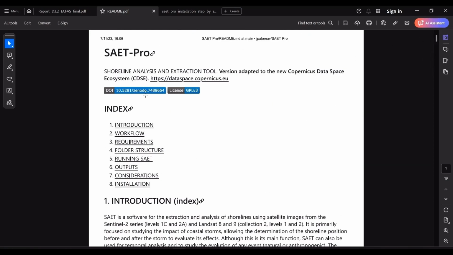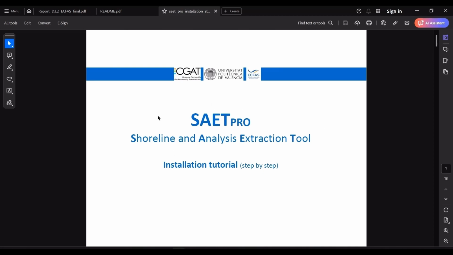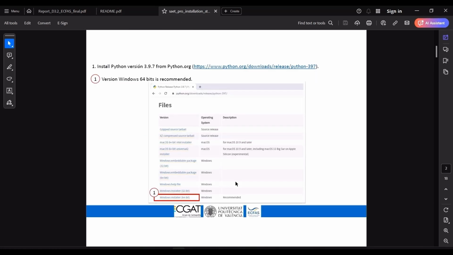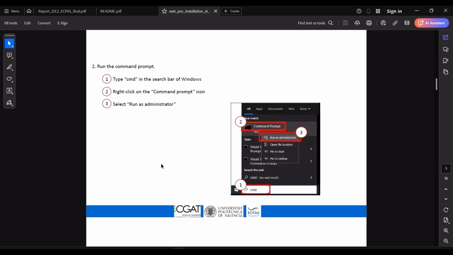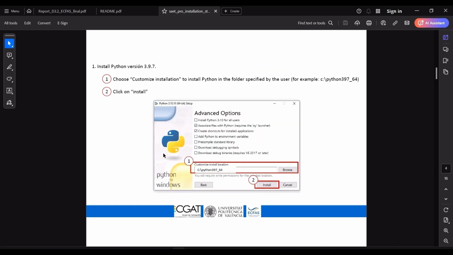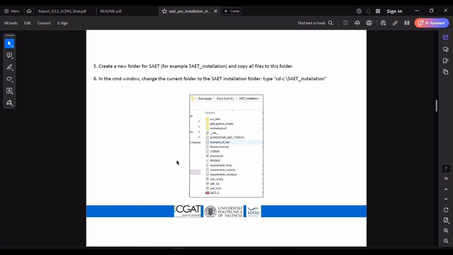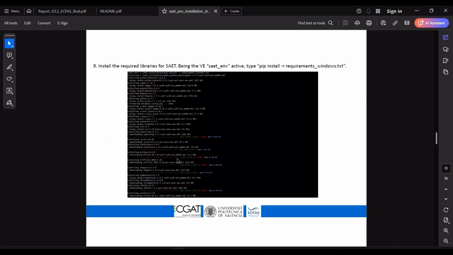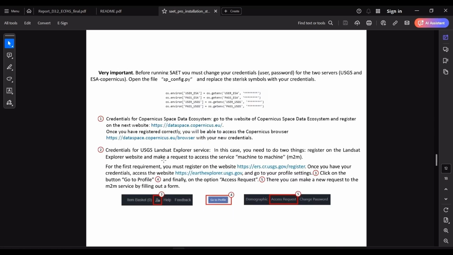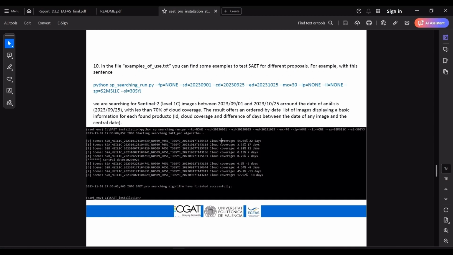So first, let's visit the installation document. All the instructions are very lucidly mentioned, and if you follow them, you will not encounter an issue. Python 3.9.7, that particular version, needs to be installed for this tool. Thereafter, you will have to create a virtual environment BAT file as well as download the SAET libraries using the pip command line mentioned. Also, in the file sp_config.py, you will have to input your login credentials to download the